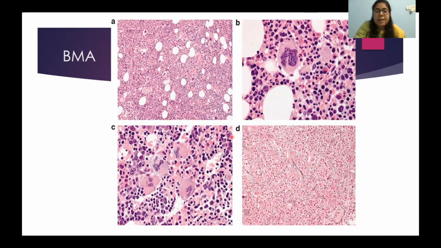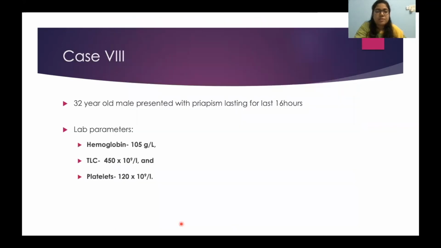hyperproliferation, and there was panmyelosis, that means increase in all the lineages. Mostly you can see the erythroids, the dark blue cells, the myeloids, with the reddish cytoplasm, and these big large ones are the megakaryocytes. All are increased simultaneously in the marrow. So panmyelosis, where all the lineages are increased, is a feature of polycythemia vera. There are diagnostic criteria by WHO. You can follow that, and polycythemia vera can be diagnosed in this manner.